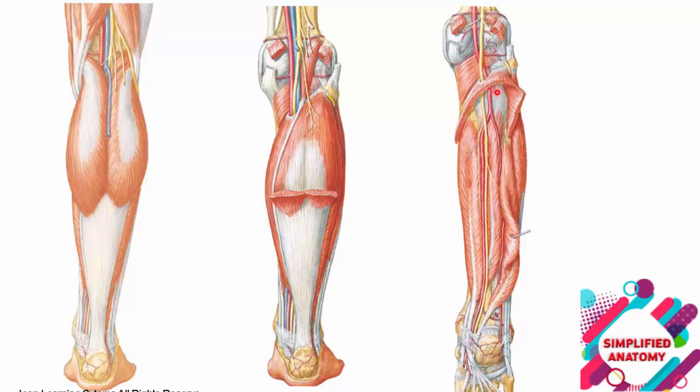Try to remember that this artery is popliteal artery. It divides into anterior tibial and this artery is posterior tibial artery. This nerve is tibial nerve, enters the back of the leg and continues in the sole of the foot, divides into medial and lateral plantar under this retinaculum which is flexor retinaculum.